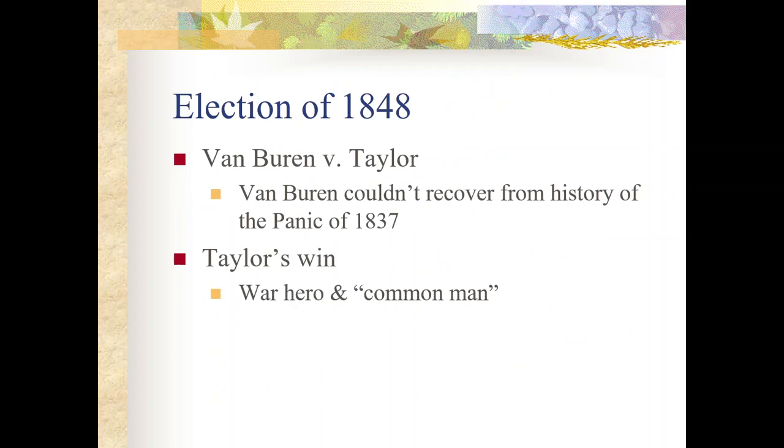He kind of is like Andrew Jackson in a way. He was a great war hero, and he presented himself as a common man. But his presidency is going to be kind of overrun by the gold rush in California. So as we now control California and what is present-day Sacramento, or close to the borders of Sacramento, gold will be discovered in 1848 outside Sutter's Mill.